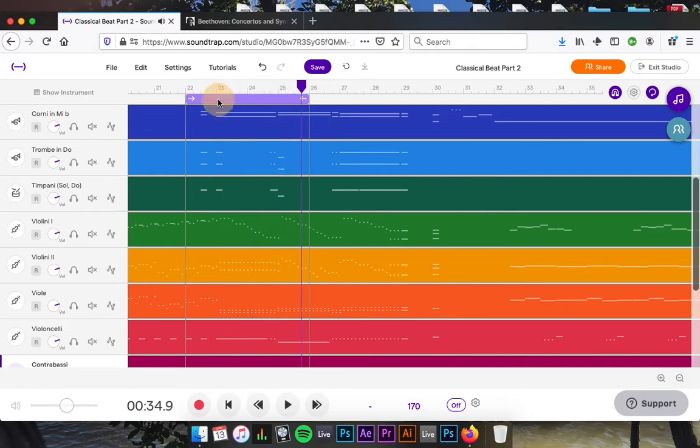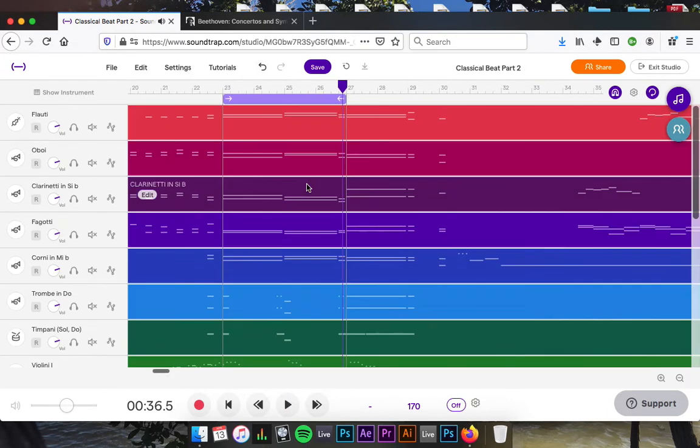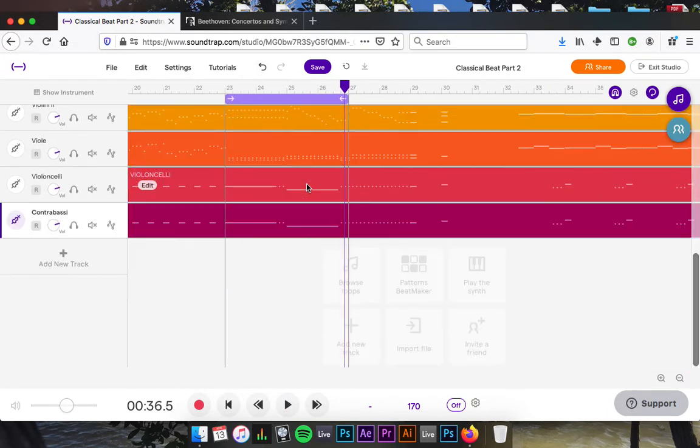I think maybe just scooting this a little bit right over here. So right there, that's 4 measures, and it doesn't sound like much, but the chords are epic, and I think I can make it